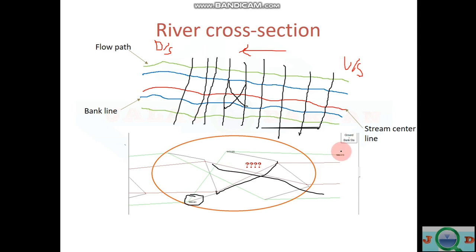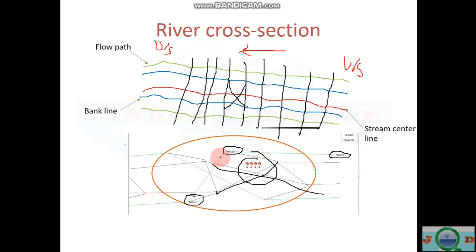Here the cross sections are all defined on the left hand side. By changing the cross section line from right to left, you are defining the bank line from right to left. So this kind of error will occur.